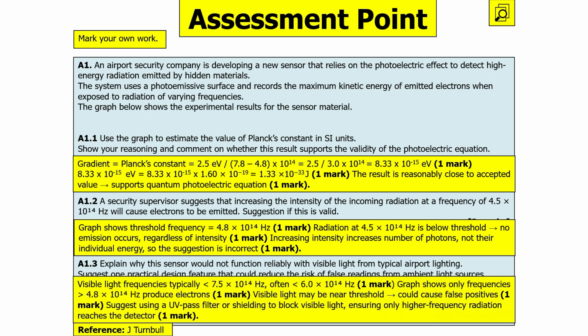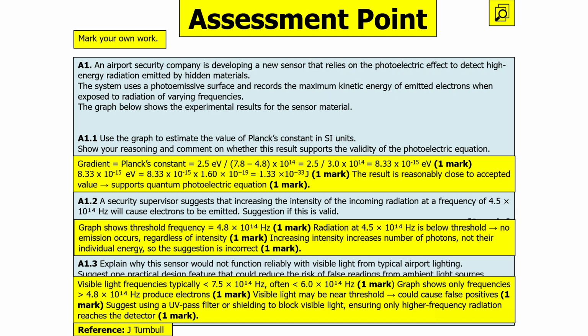Finally, visible light frequencies tend to be less than 7.5 times 10 to the 14 Hz. So the graph shows frequencies only greater than 4.8 times 10 to the 14 Hz produce electrons. So this indicates to us that the visible light may be near the threshold, which could cause some false positives. So we could use a UV filter or shielding to block visible light, ensuring only the higher frequency radiation reaches